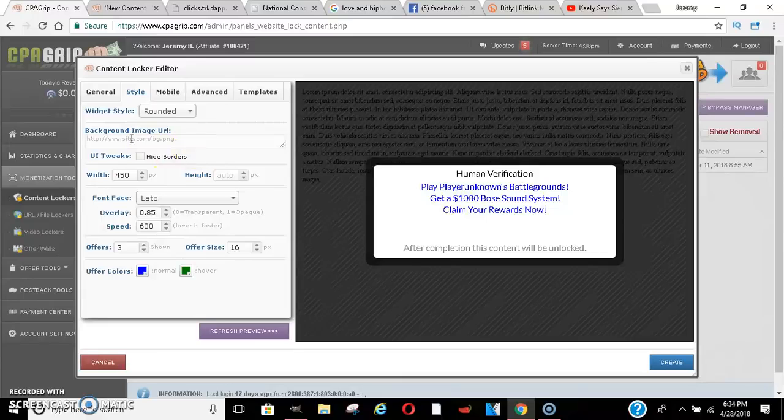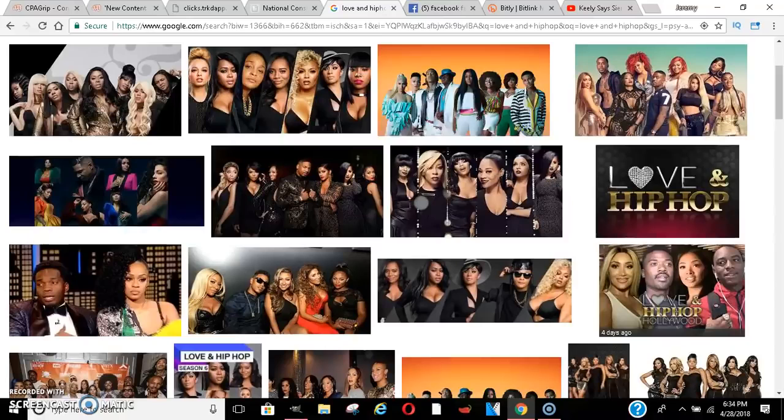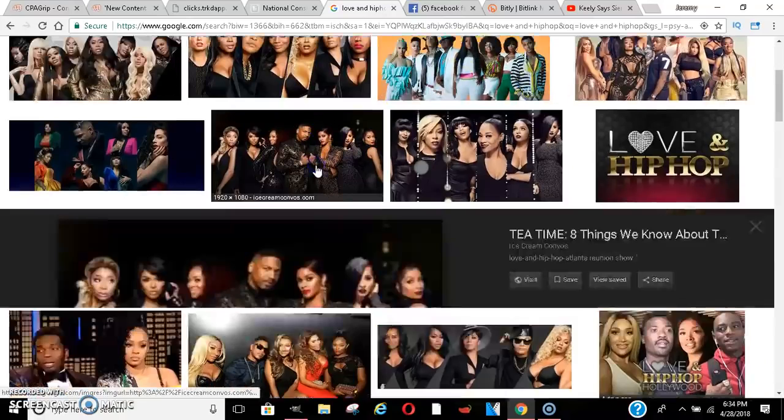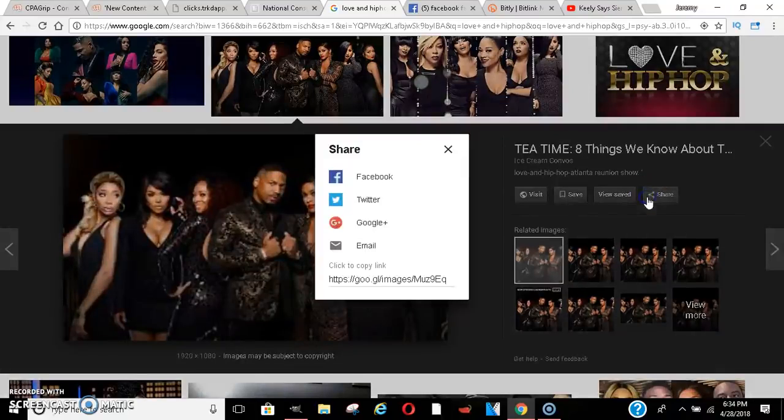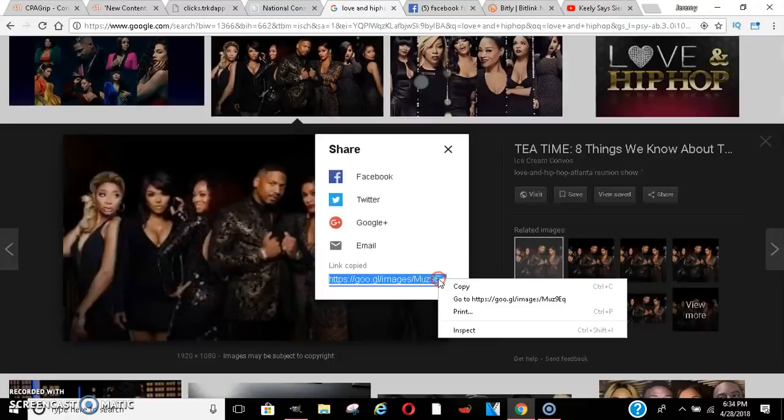Now, when you get to here, this is how you can add your background URL. You would just go to whatever picture you find, share, and then I believe you just copy this URL.